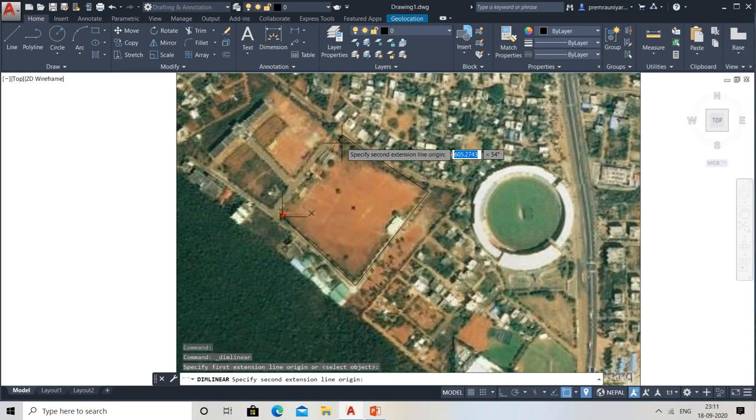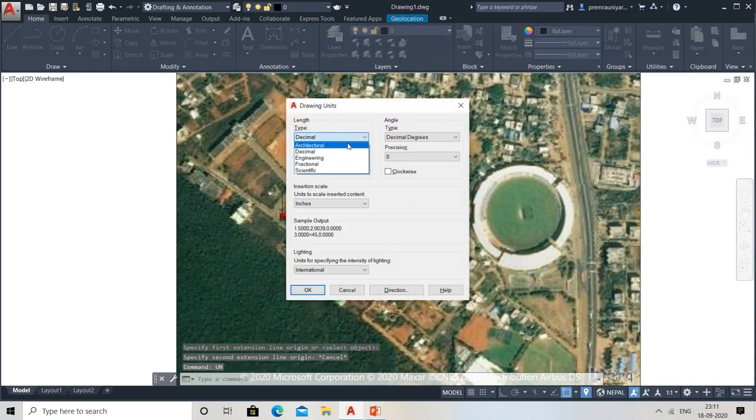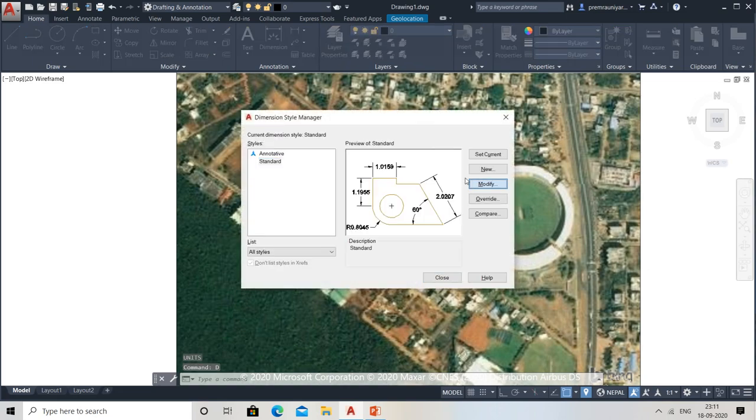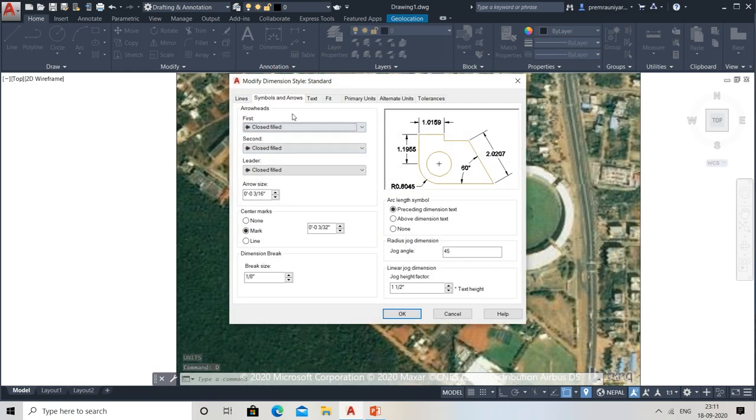Just go to the end point. Here you can see, but I need to measure this in which units? In feet. Go for un, enter it. Now what you need to do, make it decimal as architectural, inches as inches. Go for ok. Now go for d, enter. Go to the modify panel, modify tool, and now go to the symbols, arrow size will be 6 inches. Now text would be